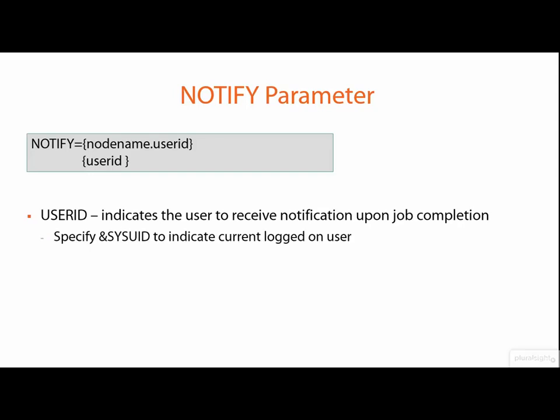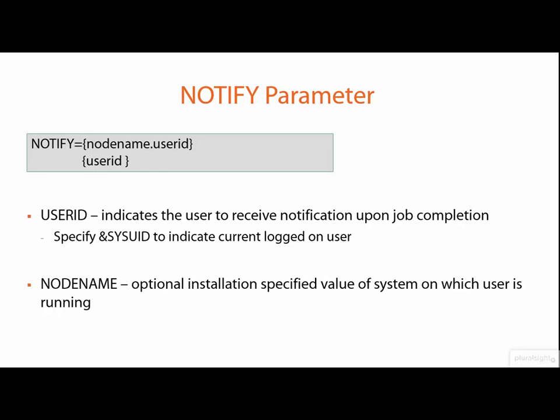We can also specify a node name, and that node name allows us to specify a user ID on a different system than the one that we were running on. So it basically allows the system to send a message across to another connected system to notify that user